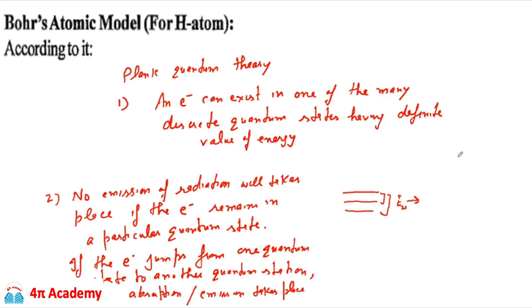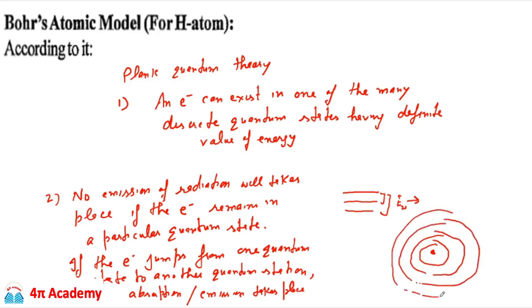So I will explain here what Planck is saying. Suppose this is some sort of discrete quantum states of electrons, which lie in an atomic structure. Now what Planck says: if the electron which is present in this particular quantum state changes its position, for example if this electron is going from this point to this point in the same quantum state,